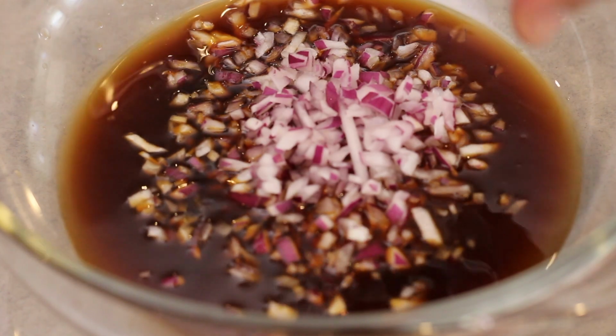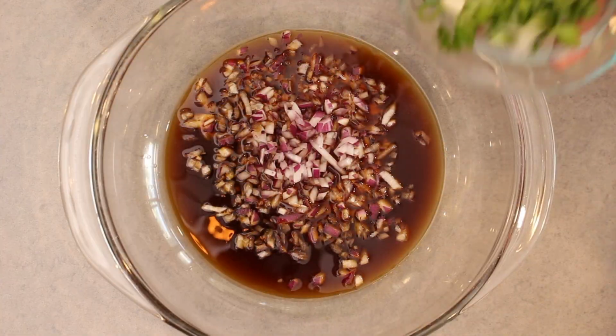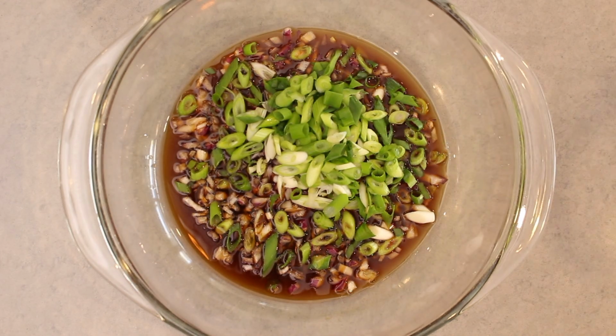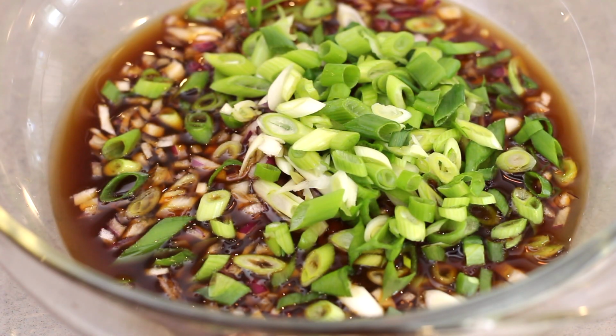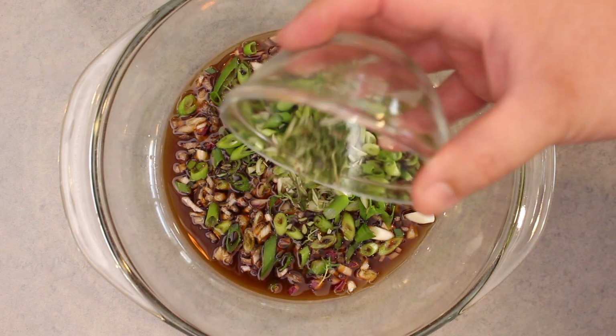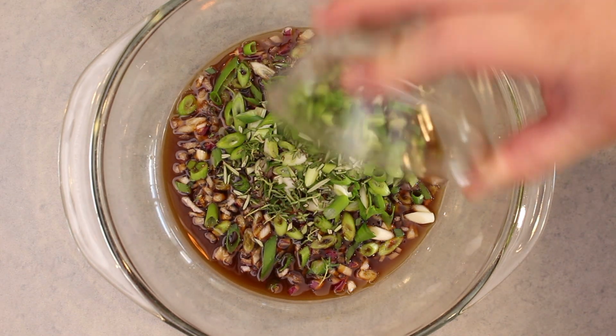Next, I add in 1/4 cup of finely chopped red onion. Now the red onion is quite strong in flavour, so that's why it works best. For a more subtle fresh onion flavour, I add in 1/4 cup of chopped scallions or spring onions. And then I love using fresh herbs with steaks, so I'm adding in 1 teaspoon of chopped thyme and 1